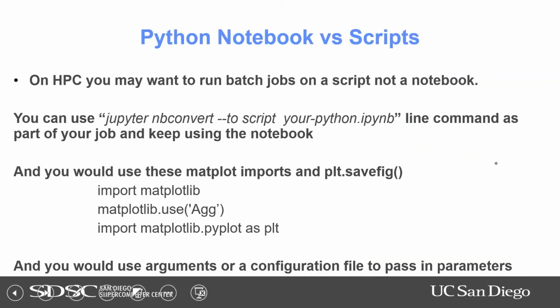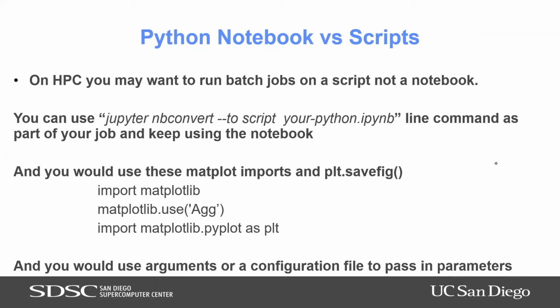Finally, one other thing to keep in mind: it's nice to work in notebooks. And if you're running small jobs, you could just always work in a notebook on an interactive node. At some point, if your jobs get longer and you're going with a lot of different variations, you might want to use just a Python script that you can run in batch. So one way to go back and forth is to use this notebook conversion command. Jupyter has a way to convert your notebook to a Python script, and you can do this in your batch job. So you can always have a notebook, convert it to a Python script, and then run your batch job.